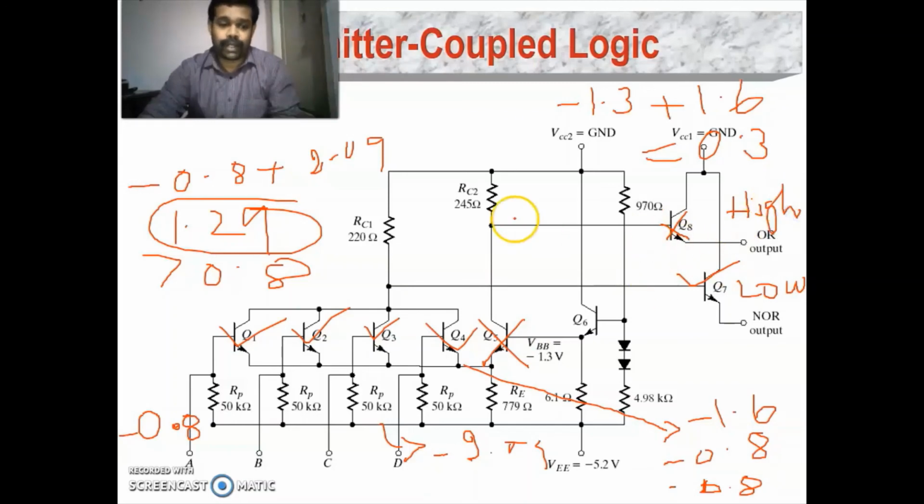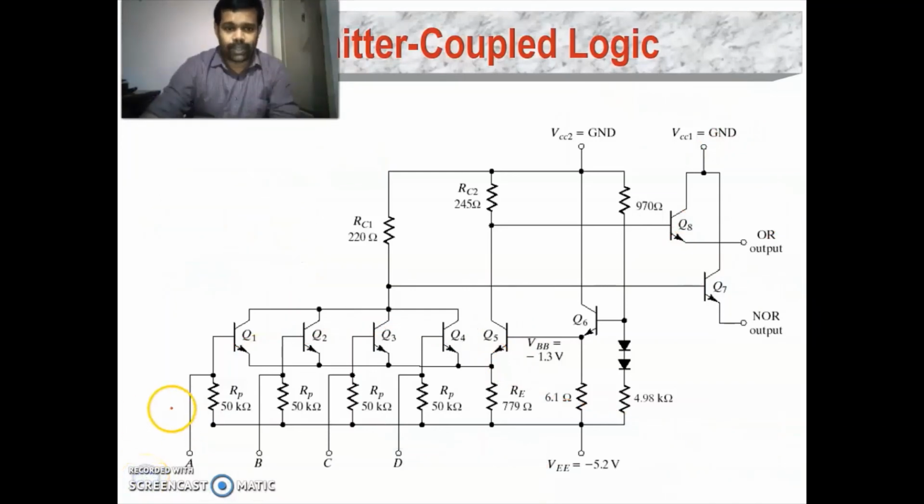So when you are giving a high input, which means minus 0.8, the output you are getting in the OR is high, and the output you are getting in the NOR is low. So this clearly explains what you get when you provide an input of all inputs high. Now we are considering